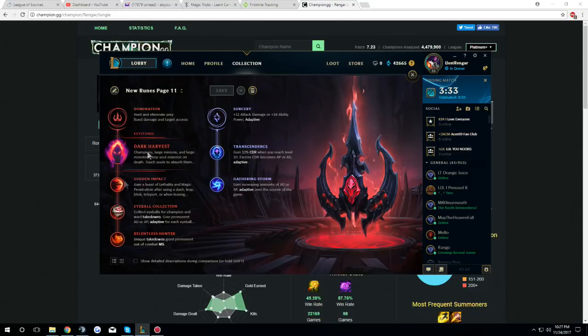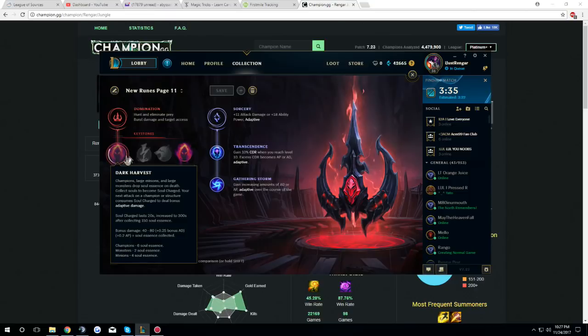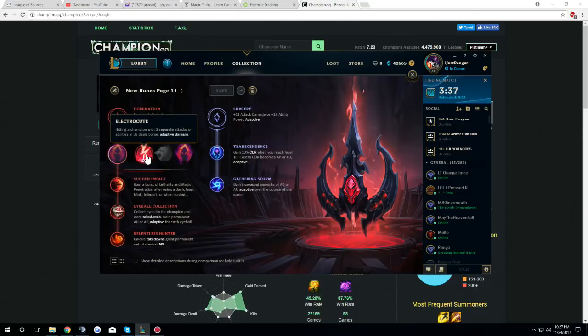So, first thing that I'm going to go is Dark Harvest. Let me go over the arguments for each one. Electrocute: you can use it in the early game a lot more efficiently. It does a little bit more damage than Dark Harvest, but once you get into the later stages of the game, Dark Harvest will take over. But Electrocute is good just because you can use it early game and it helps you snowball early. So if you need that help snowballing early, then definitely Electrocute could be your